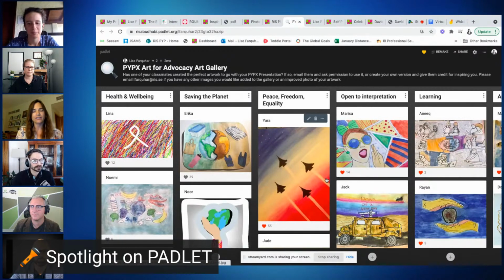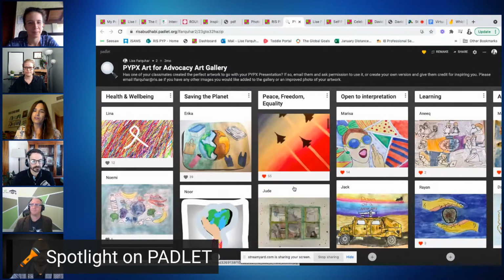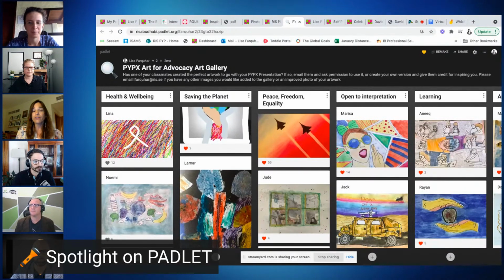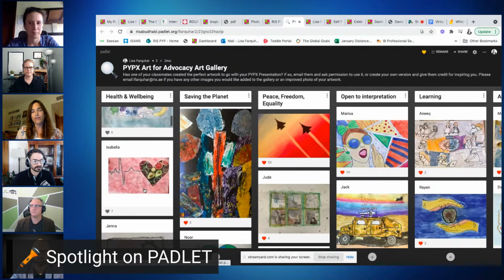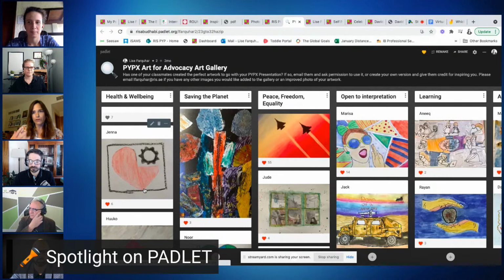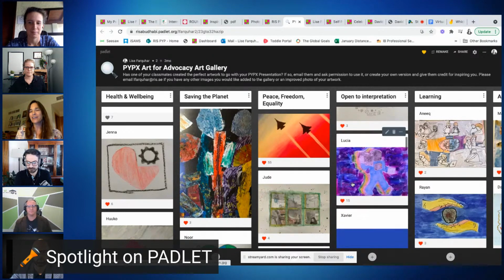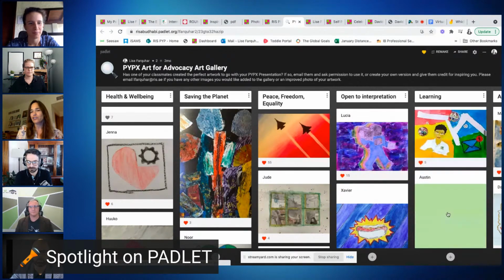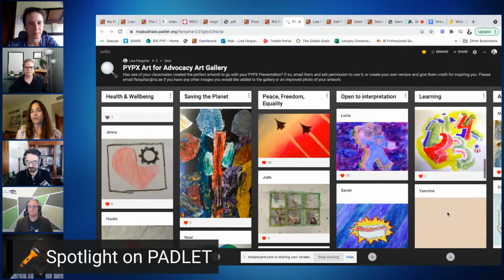And then our grade 5s had an exhibition. They have an exhibition every year. And so we created an art gallery about their different themes. And there were lots of common themes among them. And for their exhibition, they had to showcase their work online. And a lot of them created websites. And so rather than snatching images from the internet, they were able to go in and share their unique artworks